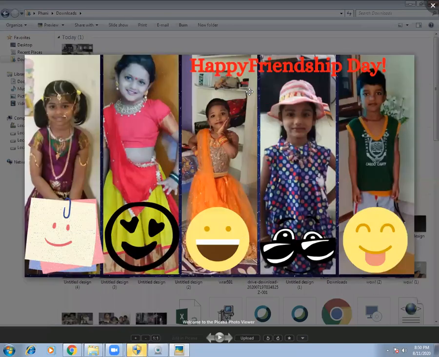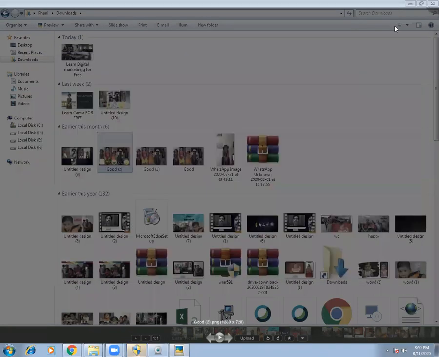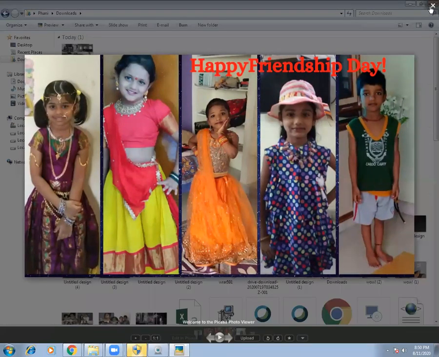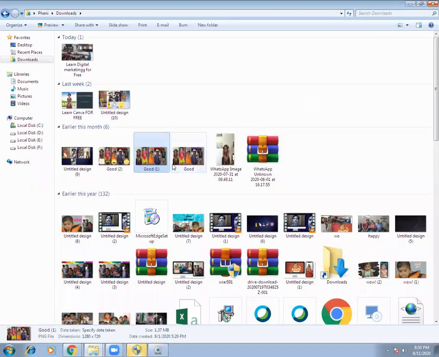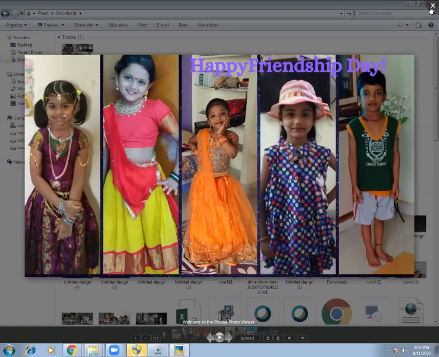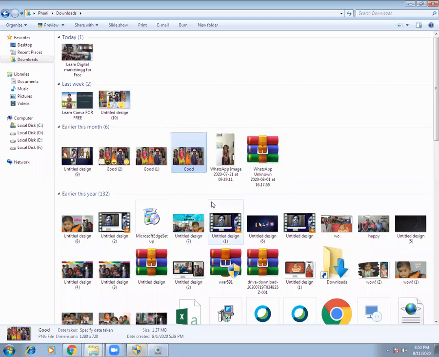When a kid who is just studying first standard can do it, I mean, today there are so many editing tools, and I'm sure that you people want the best of the best tool. And when it comes for free of cost, I think you can always try it out. So ideally this gives you a feeling that yes, there is a tool which can help you drive traffic for everything.